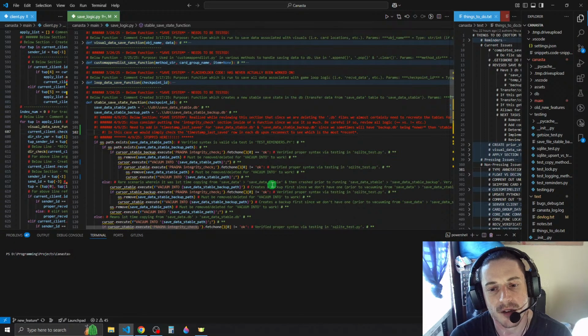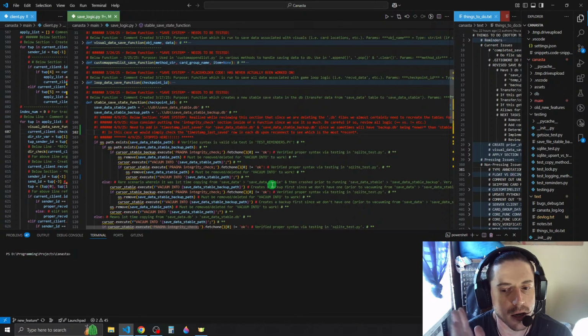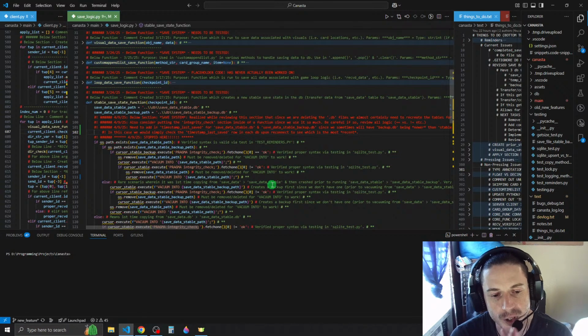Now, if we didn't have this timestamp check and we had both stable and backup as quote-unquote valid, not corrupted, well, we would theoretically have loaded from stable, but